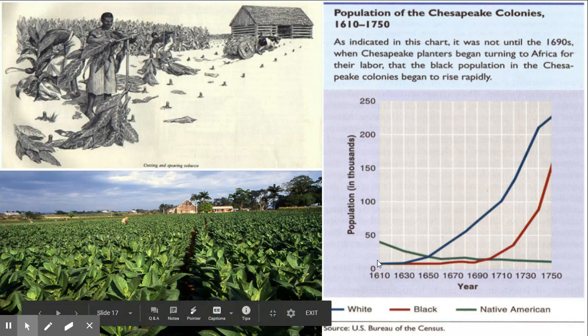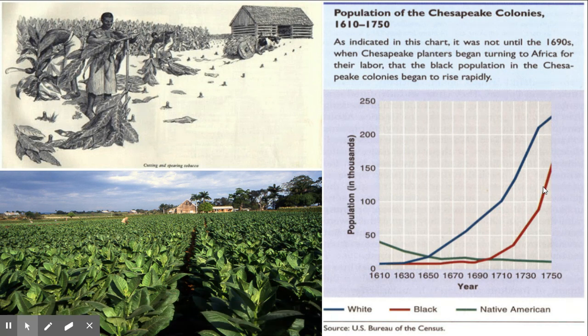So you'll see that there's really not even over 1,000 at all. There's just a few hundred. I'm sorry, there's no blacks at all until, like I told you, 1620. Right in here you start seeing the red fade in. It still doesn't go up a lot, guys, but after about 100 years, it's going to skyrocket. The reason is, for this picture right up here, you have to have labor in order to collect all of the tobacco.